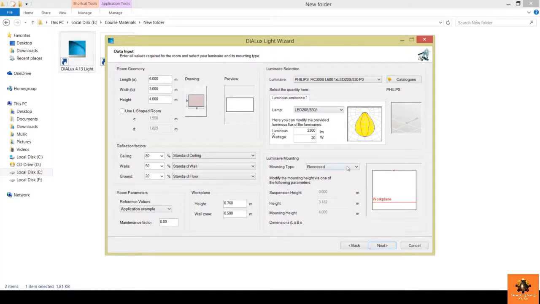And for the mounting type we can make it user defined. And here for the mounting height we can make it 3.5 meters. This is supposing that we have a suspended ceiling at a height of 3.5 meters. And for the total height of the room we can make it 4 meters. And after that we press on